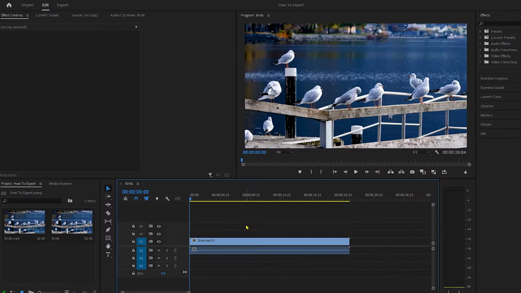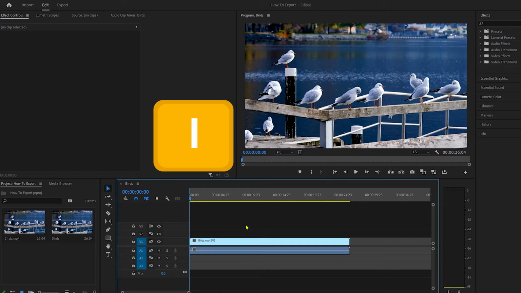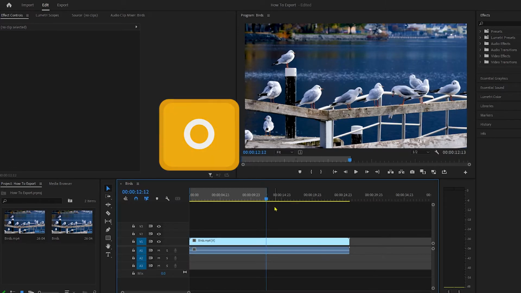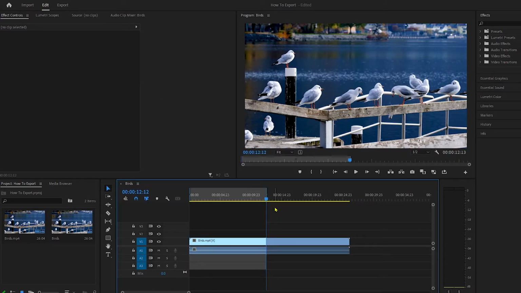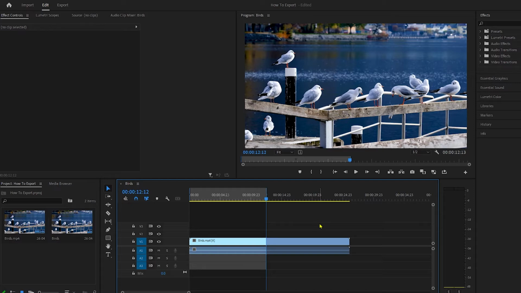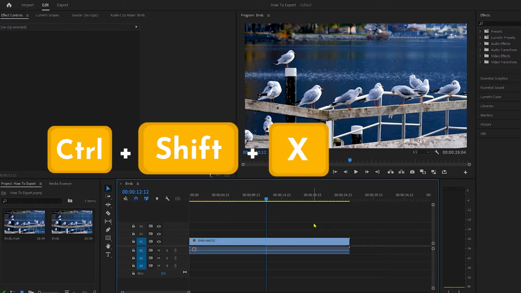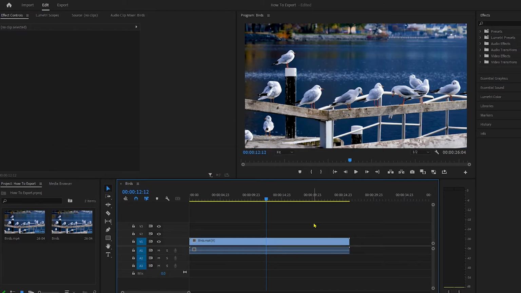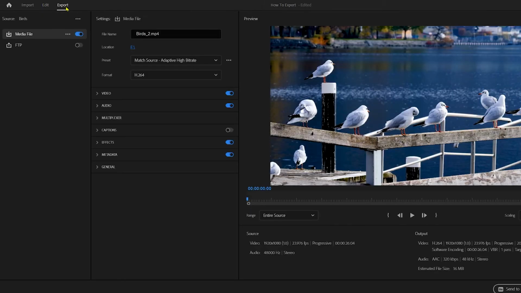So to be able to export your video, you need to set up the in and out points by pressing the I for in point and O for out point. That way you tell the Premiere that you want to export only this area. If you want to export whole video, you need to remove the in and out points by pressing Ctrl+Shift+X. The new version of Premiere has that export window and you need to go there, and you'll see that